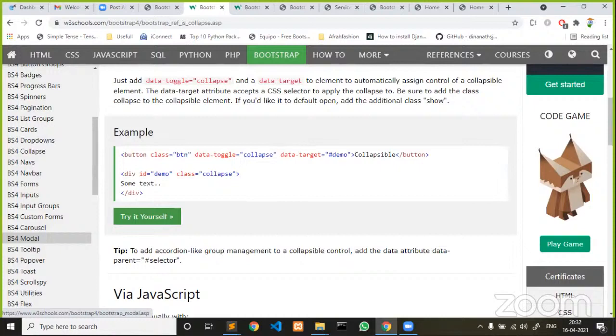In case you guys are not familiar with JavaScript, you can go the HTML way to trigger the components. And if you are familiar with JavaScript, you can also trigger these components by using the JavaScript way. I haven't discussed the JavaScript way. Why? Because you people are not aware of JavaScript. That's why I did not even discuss much about the JavaScript way of triggering Bootstrap components.